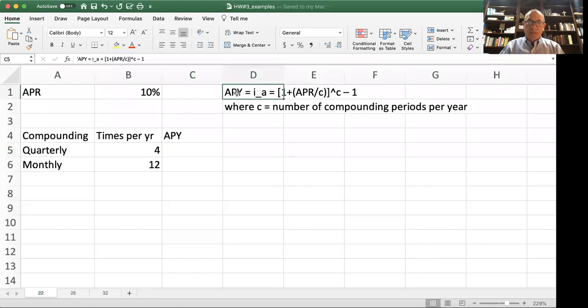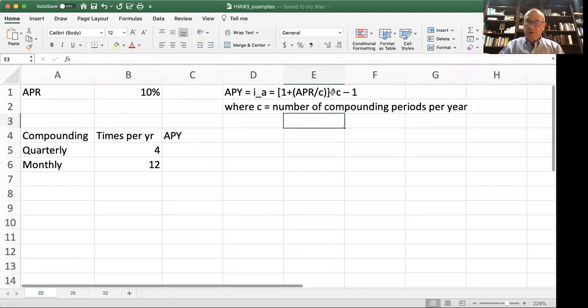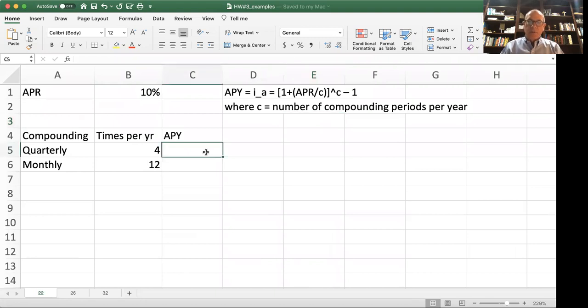And so there's the formula. APY is 1 plus APR divided by C, where C is the number of compounding periods. That whole term to the C power, and then subtract 1 at the end. So the APY here for quarterly, I'm going to type this in, and the magic of video, you can watch it later. I'll only do it once. This will be equal 1